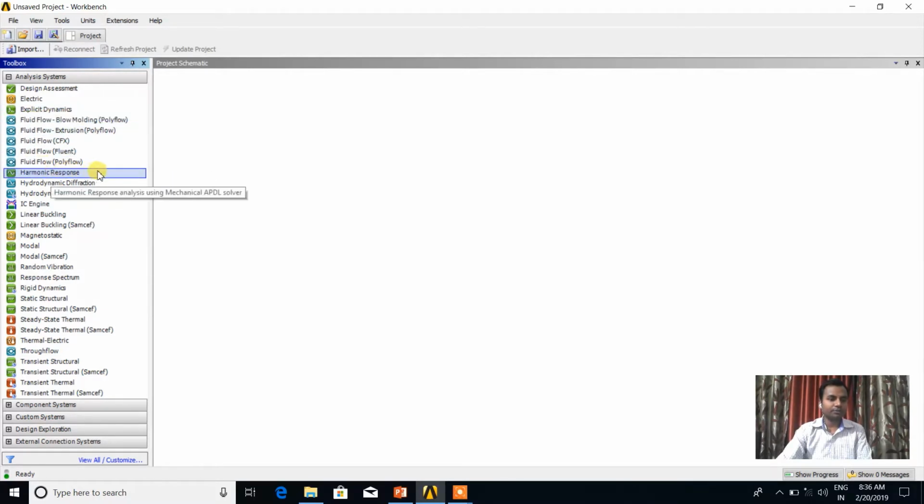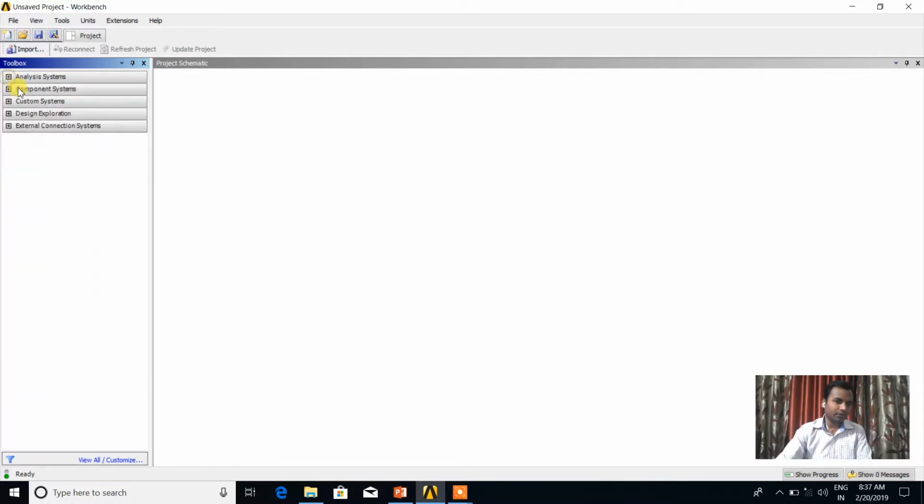Thereafter the harmonic response, that is forced vibration, hydrodynamic diffraction, time response, IC engine, the buckling analysis, then the modal analysis, that is free vibration, random vibration, response spectrum, rigid dynamic, and the static structural, which is most commonly used, because in every analysis we first start from the static analysis. Then the steady state thermal analysis, the transient structural analysis, which is part of dynamic analysis, and the transient thermal analysis. So these are the various types of analysis which can be carried out on a mechanical component in ANSYS Workbench.